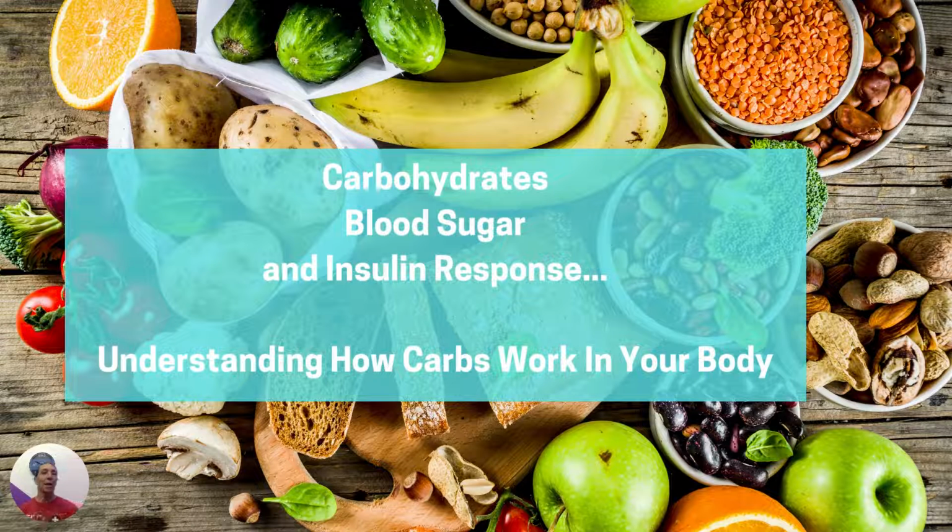What's up, team? Okay, we are going to briefly break down understanding how carbohydrates work in your body. What does blood sugar mean, and what is insulin's response? This is very important as an athlete because you want to know why you're choosing the carbohydrates that you choose and how it works in your body to provide your body with energy while you're training and while you're recovering